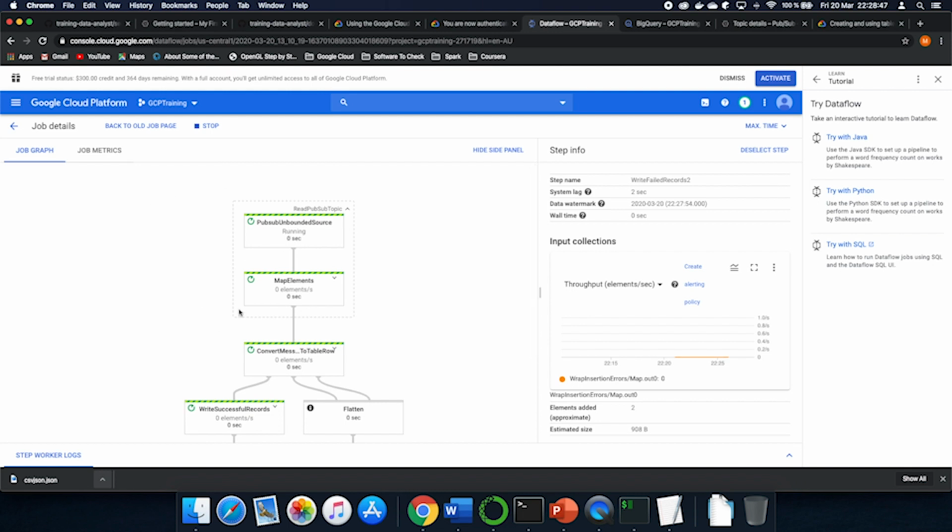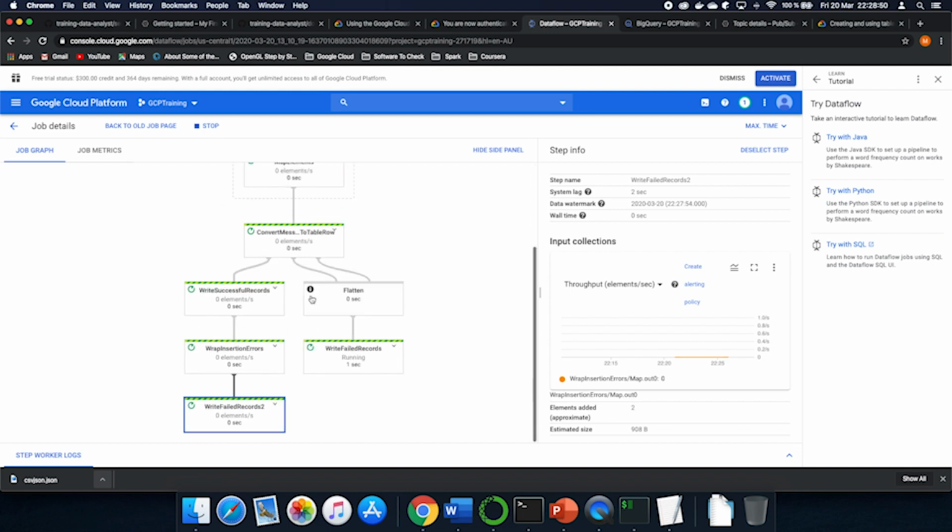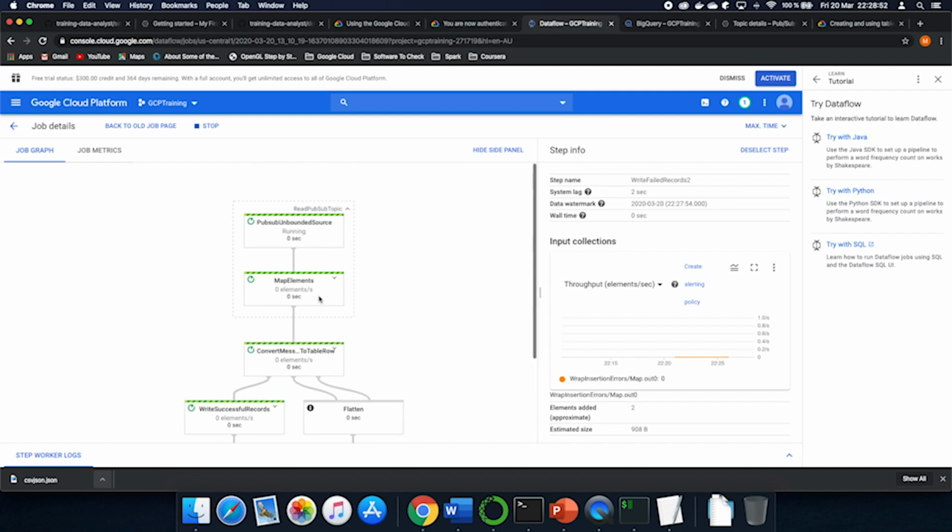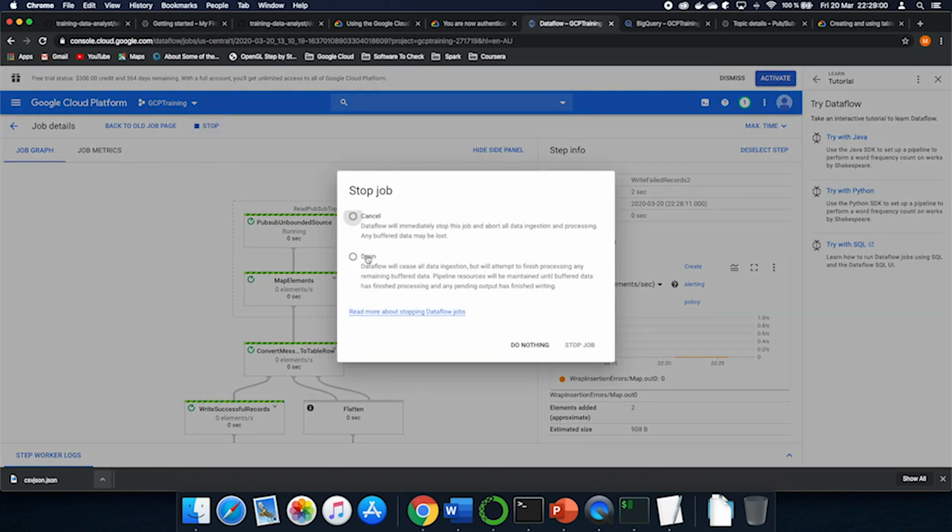It happened that this pipeline did upload the schema, most for sure, during the moment in which it started. So now what we're going to do is stop this pipeline again.